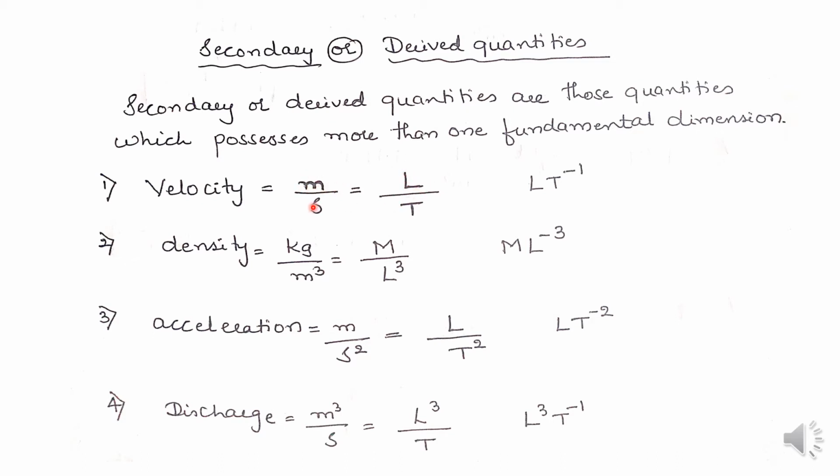So we are going to replace any unit by using only these three fundamental dimensions, that is mass, length, and time, that is M, L, and T. So this is L divided by T. If I take this to the numerator, I will write it in this form: L T to the power minus 1. This is the procedure for writing the dimensions of the physical quantities.